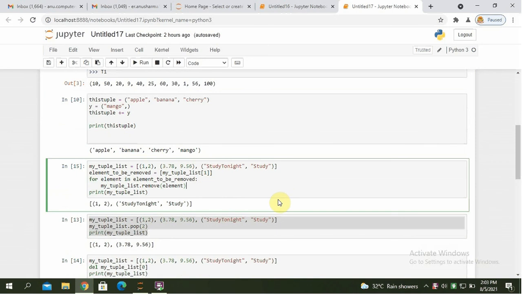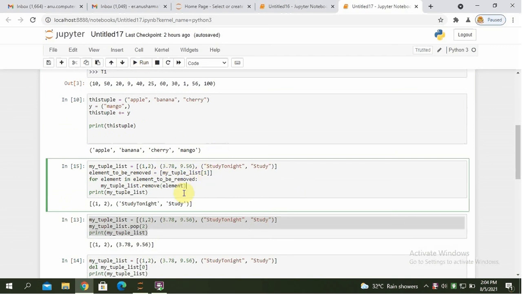Next, remove items. You can't remove items in a tuple because tuples are unchangeable. So convert the tuple into a list. First we have to convert the tuple into a list. Then print my tuple list. Here the element to be removed is my tuple list[1].